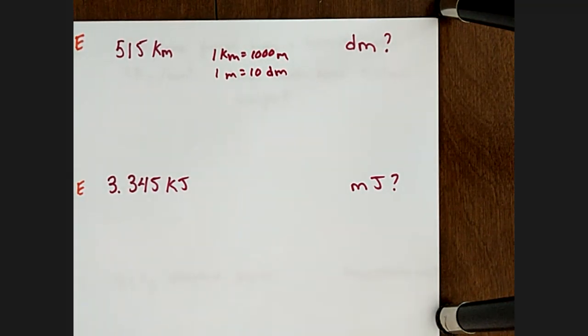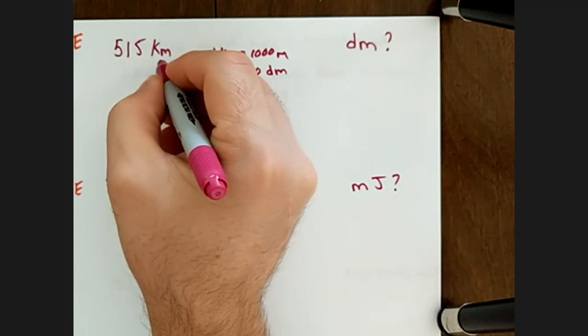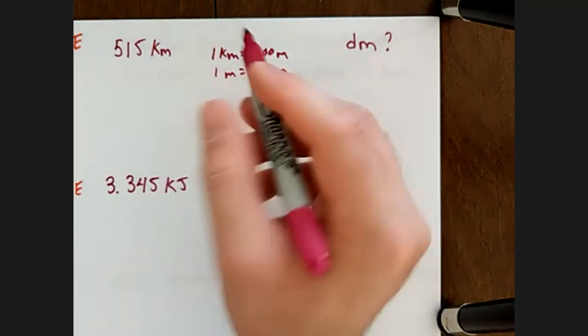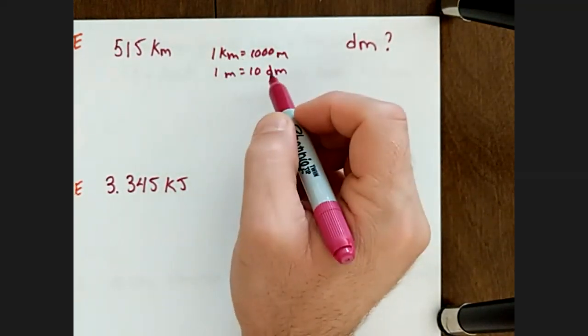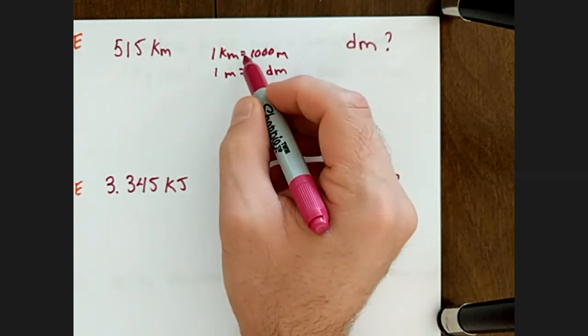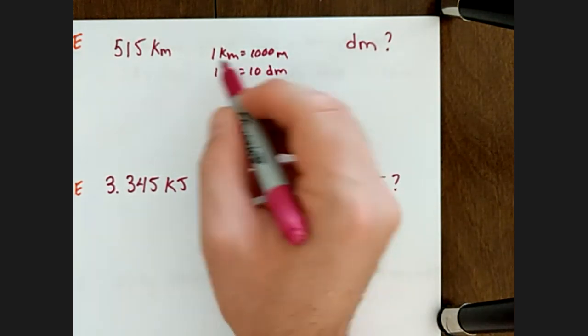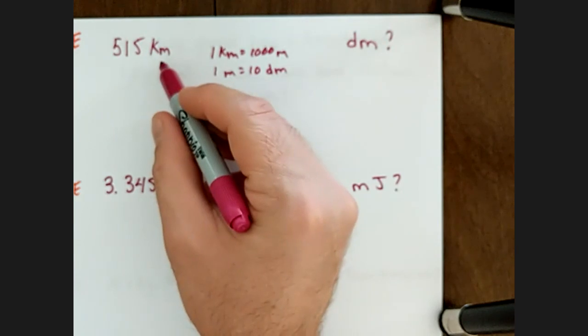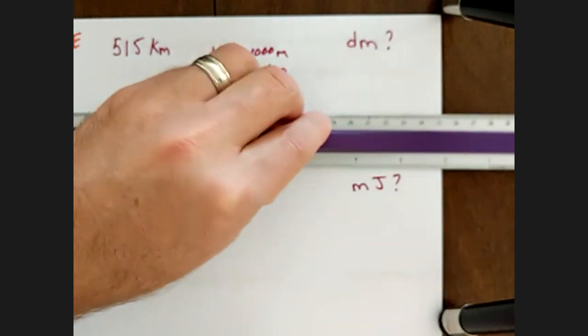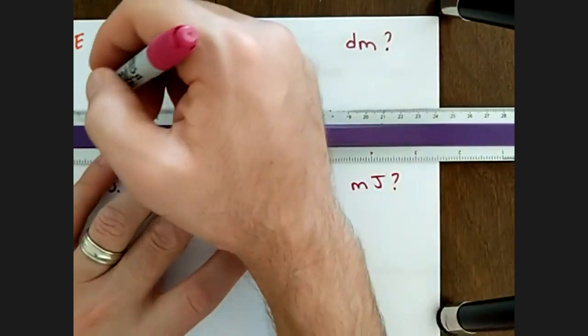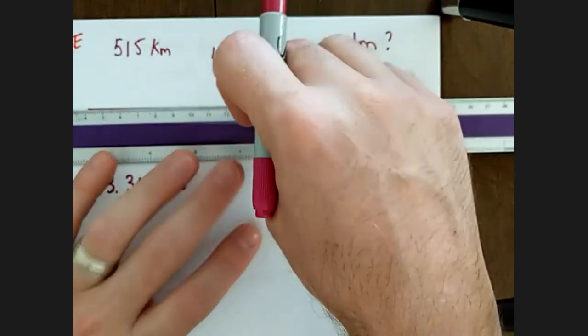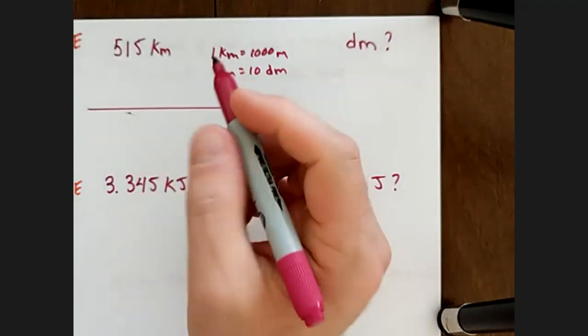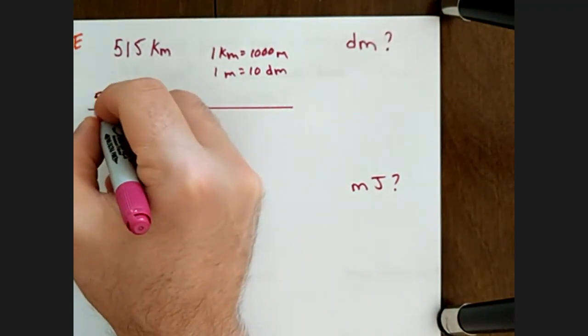All right, so as I often say, the best way to start these is to start with the simplest term. The simplest term being the single unit for the kilometer. This is 2 units tied together by an equation, right, an equal sign. So there's a relationship here. So these are 2 terms versus 1 term. So we want to start with our 515 kilometers. Okay, and so you'll see me set this up. So we have 515